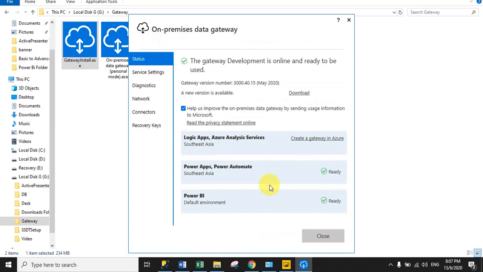So you can see here after entering the recovery key it is showing me a success message. The gateway development is online and ready to be used, right? So using standard mode you can connect with Power BI, Power Apps, Power Automate, Logic Apps, Azure services, right? Now click close,